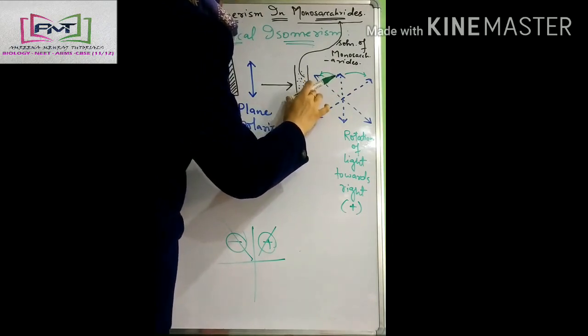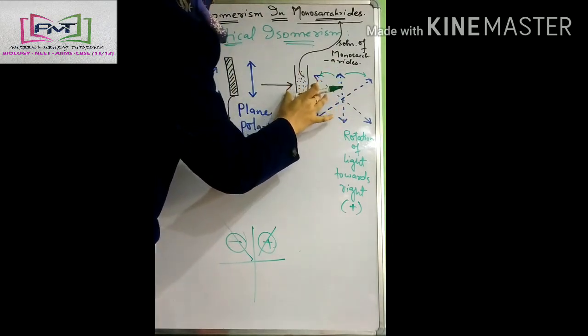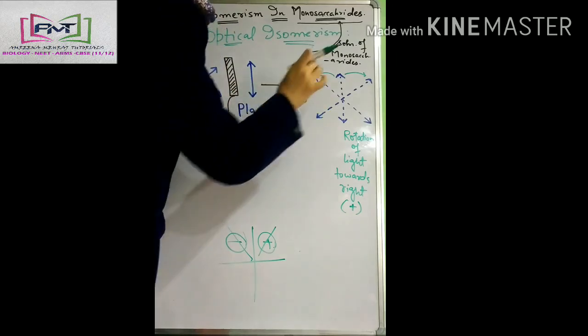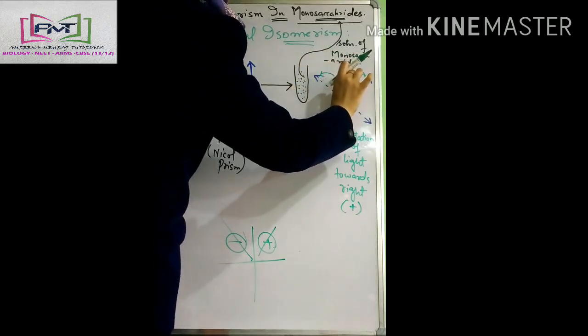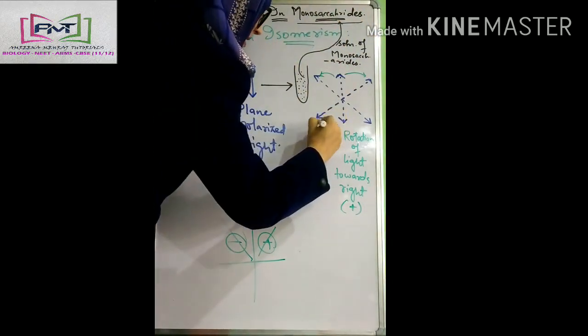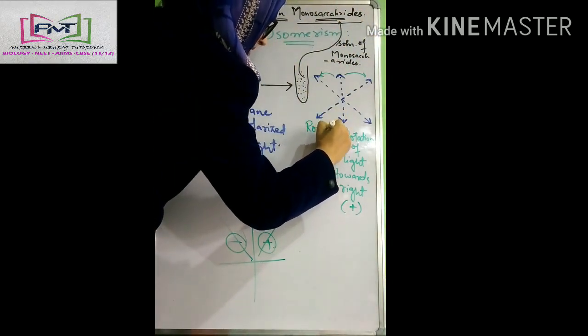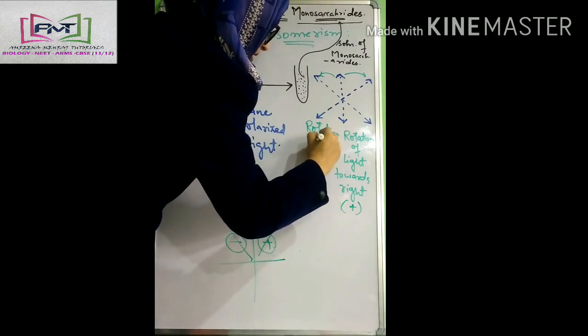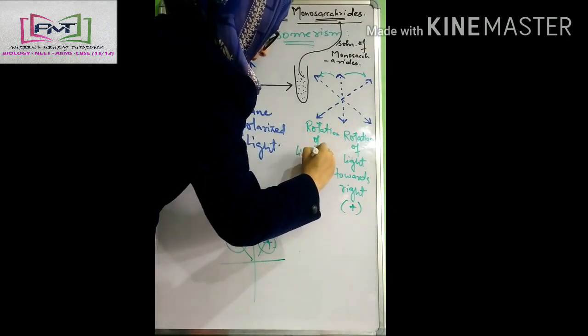I am using this for plane polarized light. So plane polarized light is either bending towards right or it can bend towards left. So this represents rotation of light